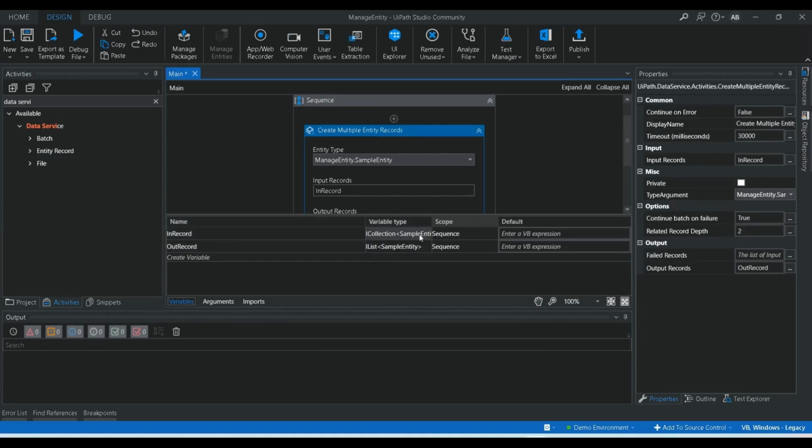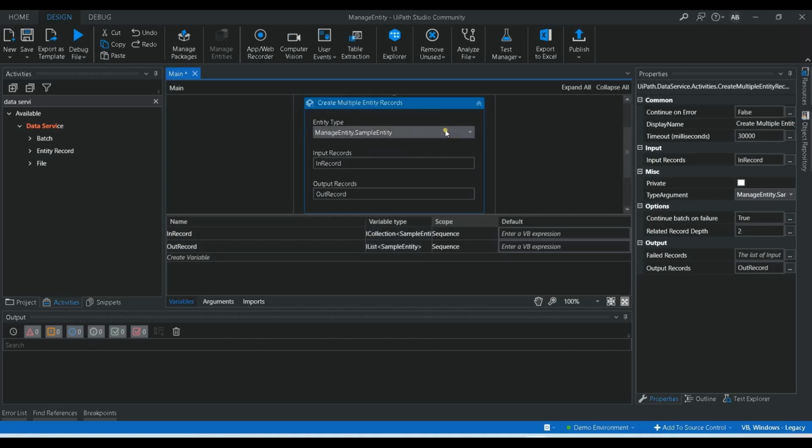Okay, so this is a collection of sample entity items, and the in record is a list of sample entity. Okay, so what we're going to do is